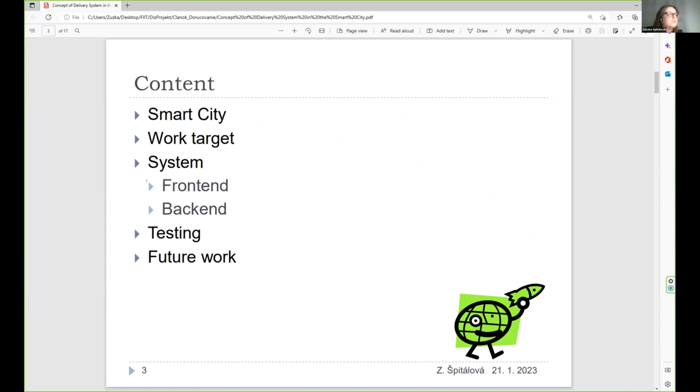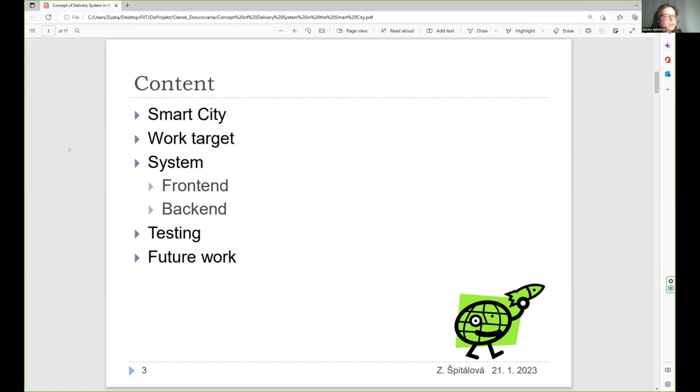At the beginning, I would like to briefly talk about the content of this presentation. Firstly, I would like to briefly introduce what the smart city environment is.